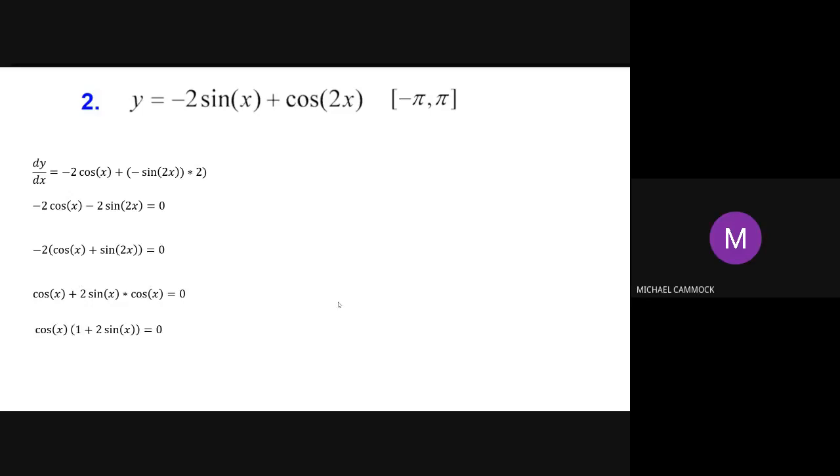Let's do exactly that. So here's what we got. Cos x times (1 plus 2 sine x) equals 0. So what we're going to do now is set each of these equal to 0. We're going to take the cos of x and set that equal to 0. And I want you to remember that when you're talking about cosine, you're talking about your x values. So as I'm trying to find where x equals the cosine to the minus 1 of 0,